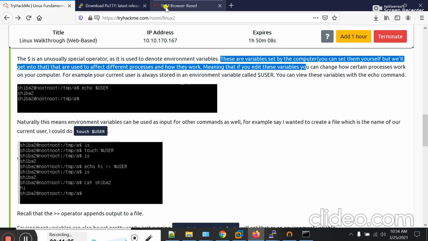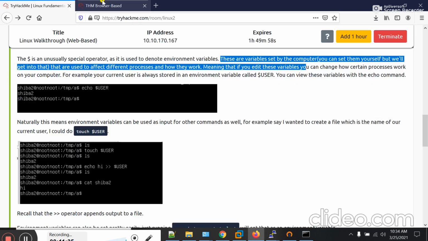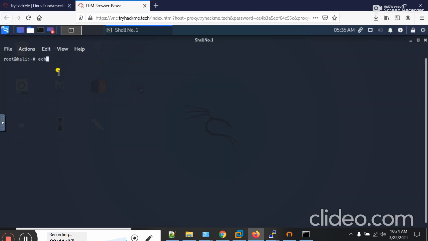If I type echo and then dollar sign user and press enter, you can see that it will print the current user.